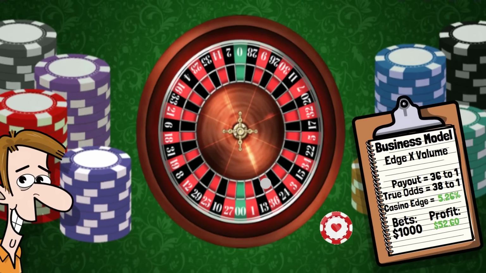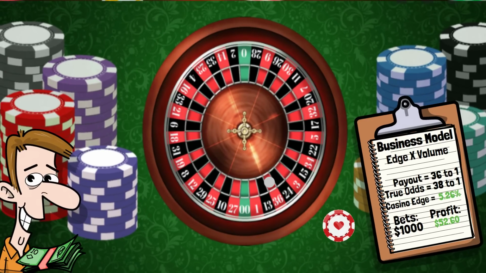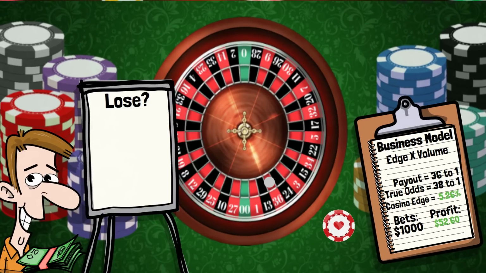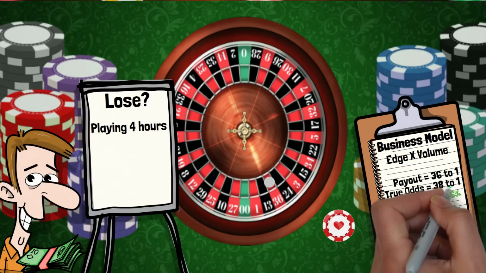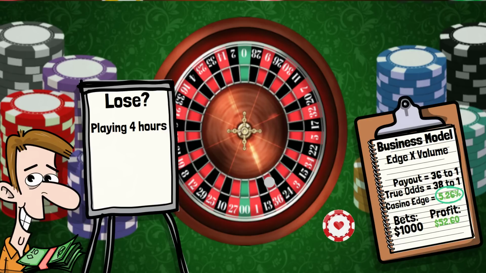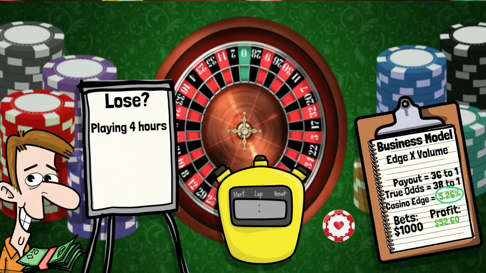Let's imagine you walk into a casino with $100 and head to the roulette table. How much do you think you would likely lose after maybe 4 hours of play, based on this example and the casino's edge materializing? I'll give you a few moments to answer. Why not let me know in the comments before moving on?